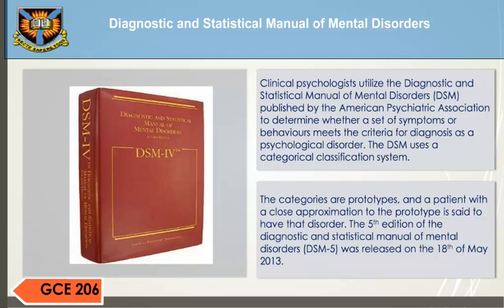Clinical psychologists utilize the Diagnostic and Statistical Manual of Mental Disorders, DSM, published by the American Psychiatric Association, to determine whether a set of symptoms or behaviors meet the criteria for diagnosis as a psychological disorder. The DSM uses a categorical classification system. The categories are prototypes, and a patient with a close approximation to the prototype is said to have that disorder. The 5th edition of the Diagnostic and Statistical Manual of Mental Disorders, DSM-5, was released on the 18th of May